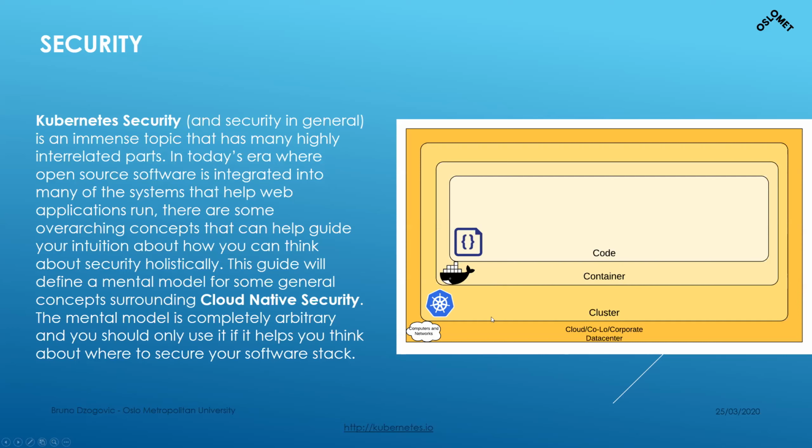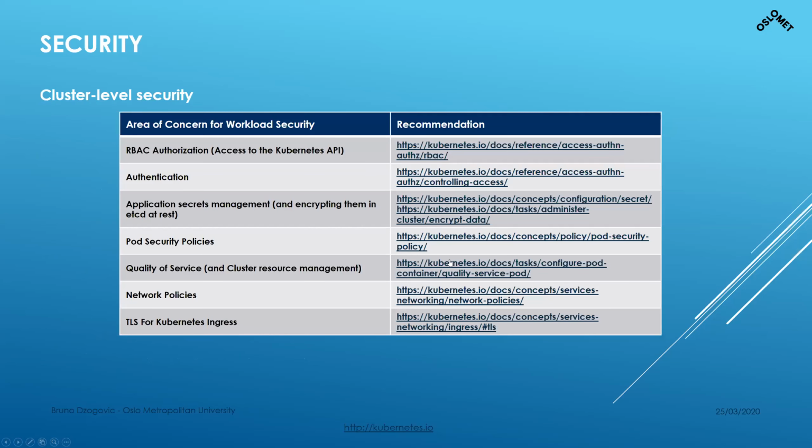So there is something called cloud native security. It encompasses best practices on how to achieve this, and these are sublimed in the following tables. One of them is using role-based access control. So authorization of roles: who is going to access what and be what kind of role in the cluster, and more information about this on the corresponding links. These are very big topics, and if you're interested in security, there is definitely a lot to talk about.